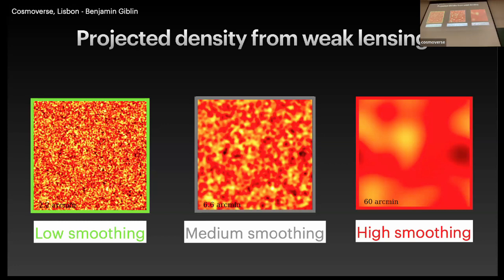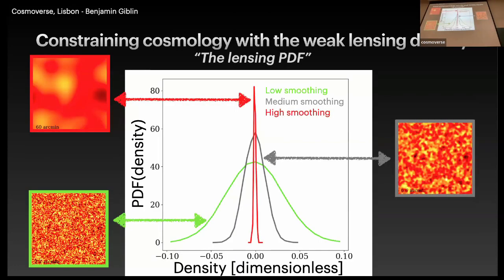on these maps. And the statistic is called the lensing PDF. It's very simply defined. It's basically just taking a histogram of your density maps. You count how many pixels there are in different density bins. So this is what this plot is showing. You've got density on the x-axis and the lensing PDF on the y-axis. And you can see as you increase the smoothing on the maps, the PDF gets gradually narrower, and that's because you reduce the abundance of very high density and very low density regions in